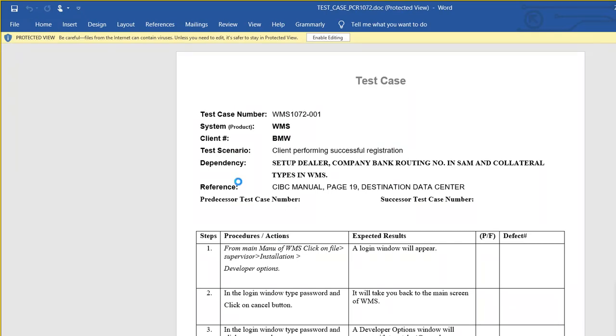Okay, so a test case will have its name, and then what module it is in the software, and then who is the client. There will be some headers of the test case, and then the main thing here is step, action, expected result, pass fail. Now can you see what you do? From main menu of WMS click, this is a real test case. Okay, so if I write a simple test case, so these are the real test case, you will see,